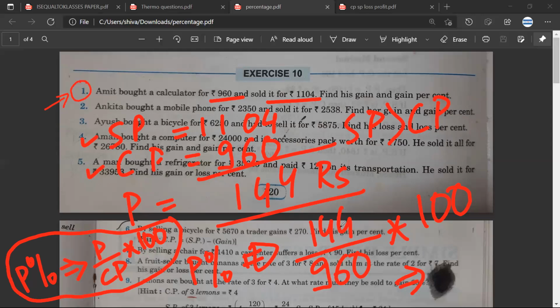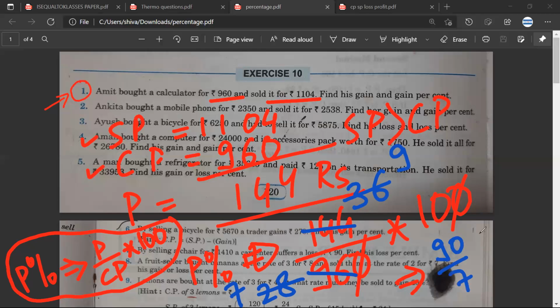How does this cancel? 144 upon 960. 0 and 0 go here. Sarthak, what is the common factor? 144 and 96? So 2. 2. So 4 2 the 4, 4 the 4, 3 the 4, 6 the 4, 7 the 4, 9 the, so we have 90 upon 7%. Mr. Sarthak, is that correct? Yes, I got it wrong. I removed the 4 ones. Mr. Aryaman, is it correct?